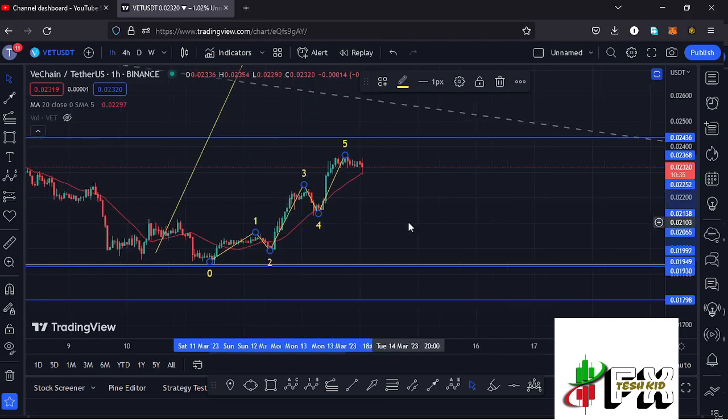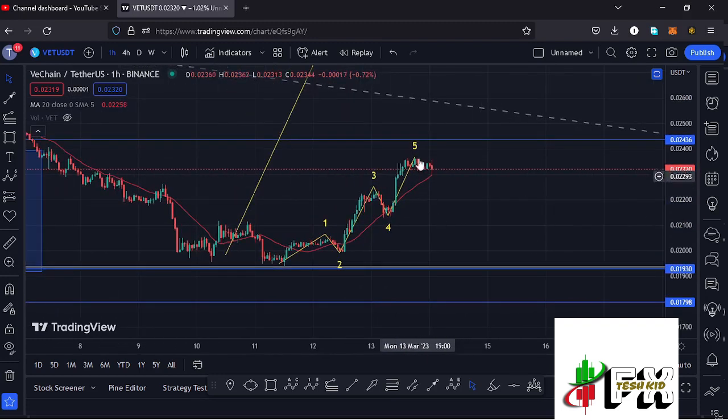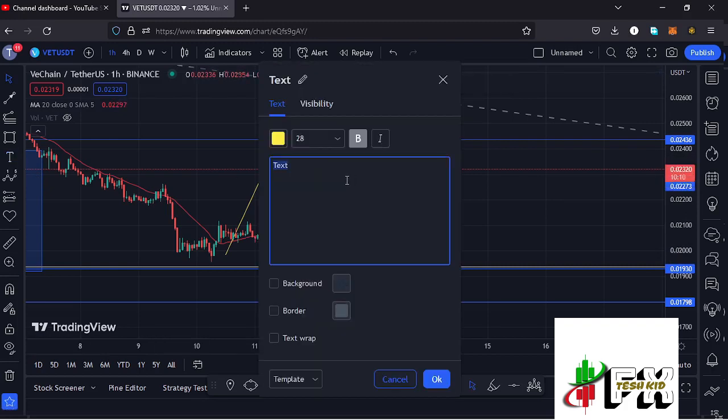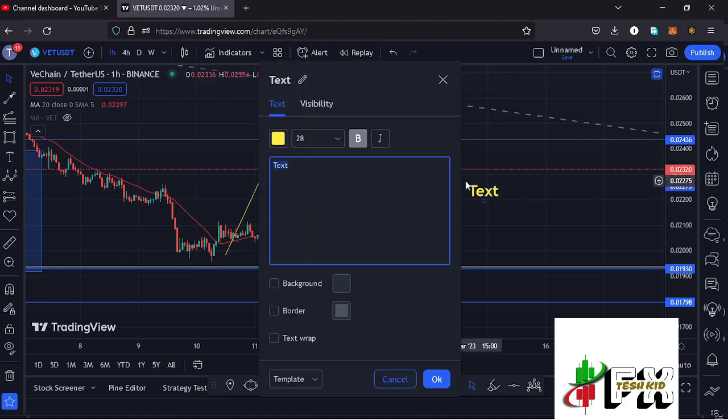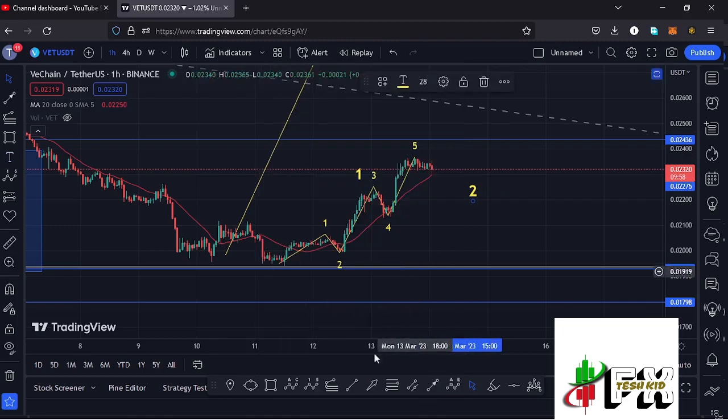$0.02368 mark. And there are chances that very soon we are going to see a bit of a corrective structure over here in the formation of a larger Elliott wave count 2, and that is because after seeing the formation of this 5-wave structure to the upper side, I believe we have completed an even larger Elliott wave count 1 to the upper side, which is still a micro wave within the formation of that larger Elliott wave count 3. And after seeing the formation of this larger Elliott wave count 1, whatever we can expect next is a bit of a corrective structure to the lower side in the formation of that wave 2, and using the Fibonacci